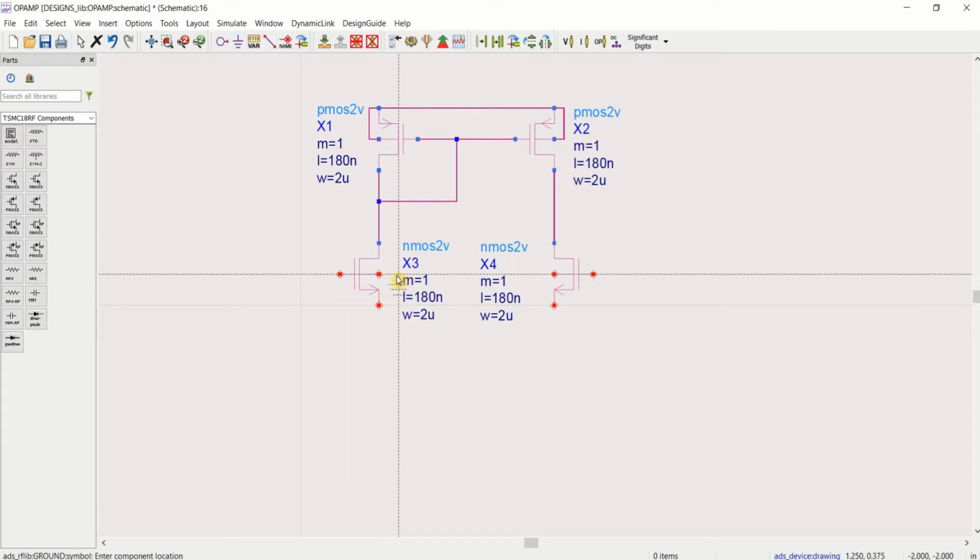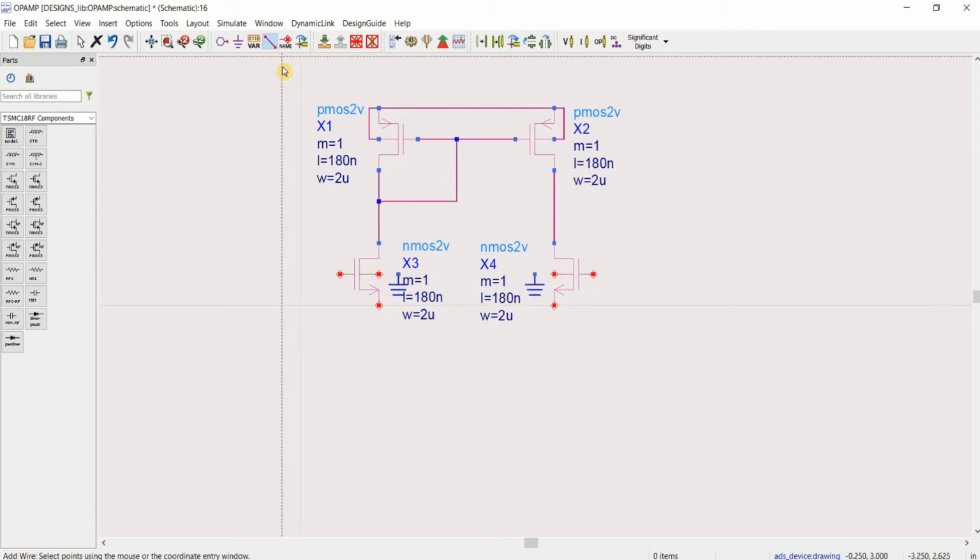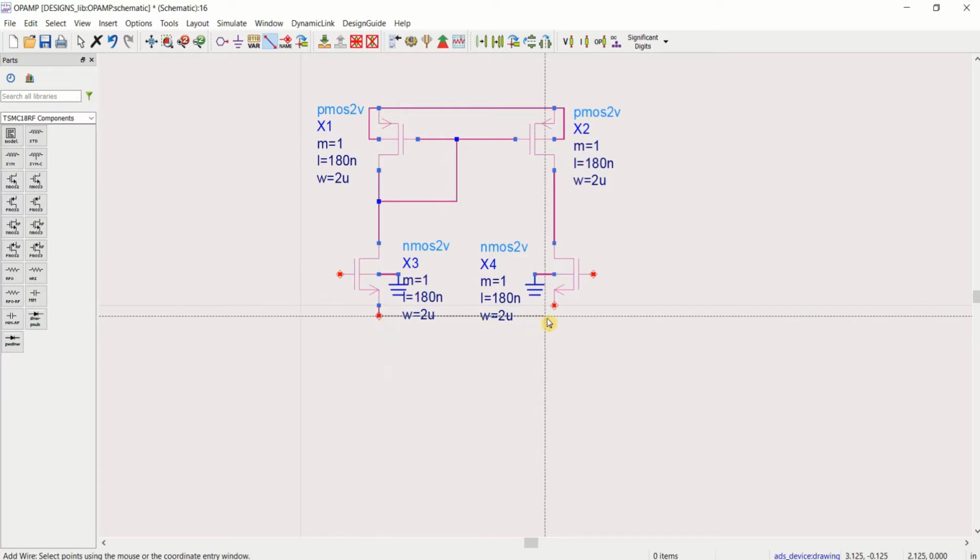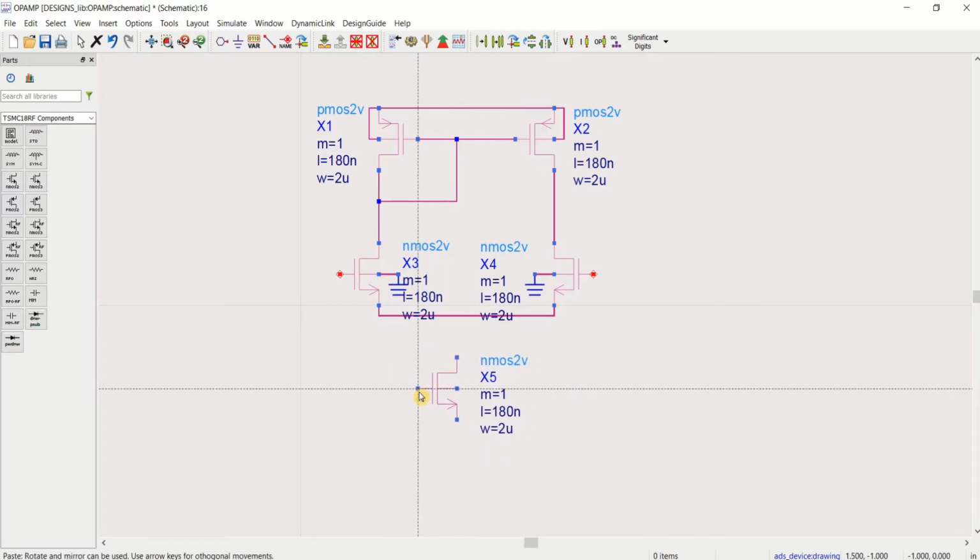The fourth terminal is connected to the ground potential. Place a current source, formed by using the NMOS.